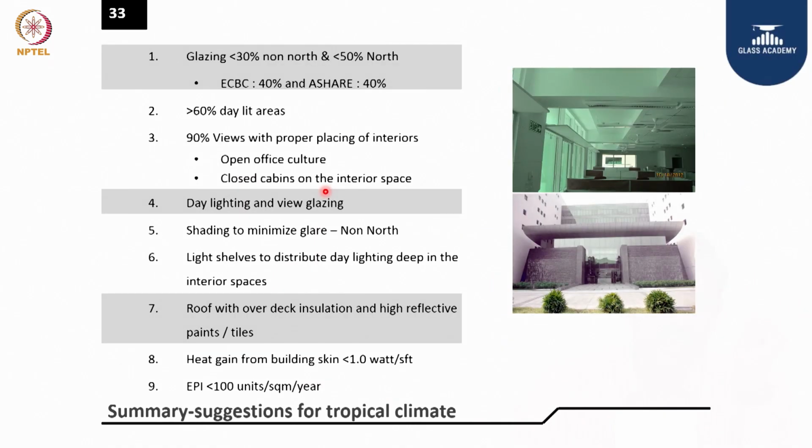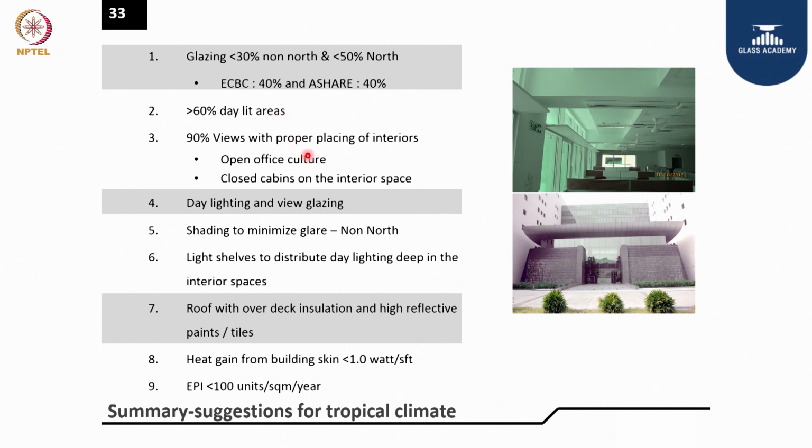So to sum up, ladies and gentlemen, I always prefer about 30% glazing. I am deviating a little from the standards. Though ECBC and ASHRAE say 40%, I prefer glazing of 30% on non-north, less than 30%, and on north you can go up to 40%, but overall you can achieve this 40%. And I prefer not 95% daylighting, which increases the energy consumption in the building. Looking at the current design of say 20,000 or 25,000 square feet floor plate, I think about 60% is the ideal number to achieve. You can balance.